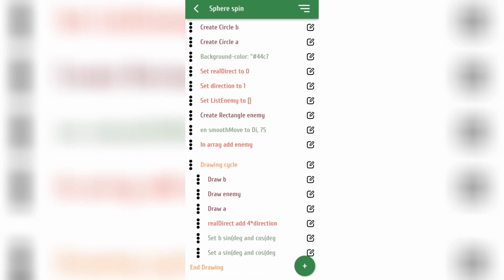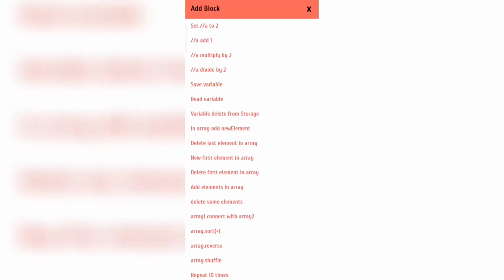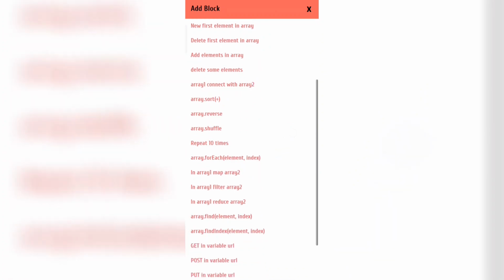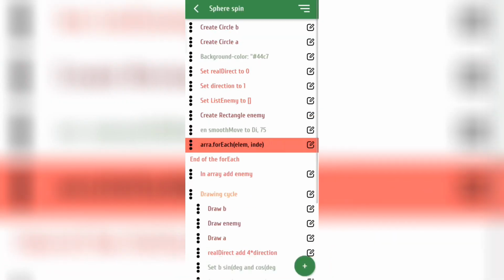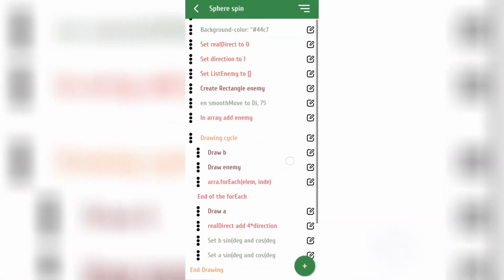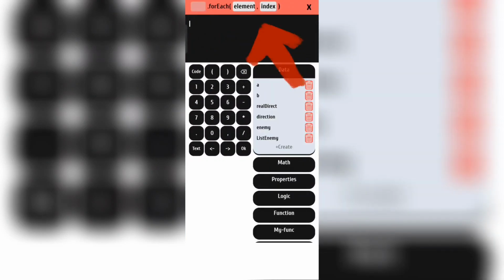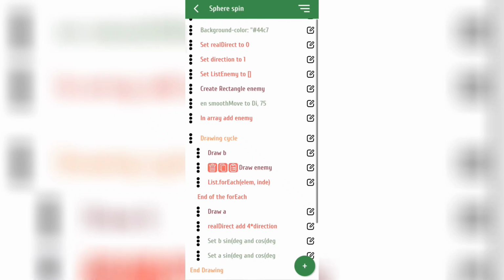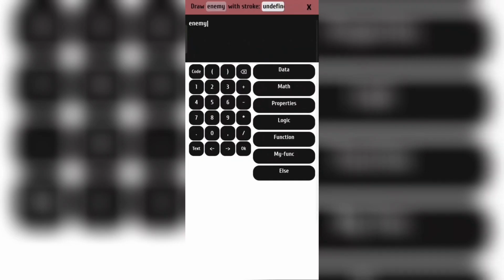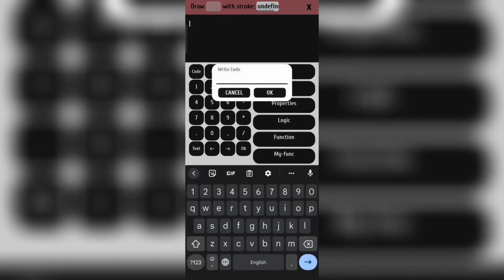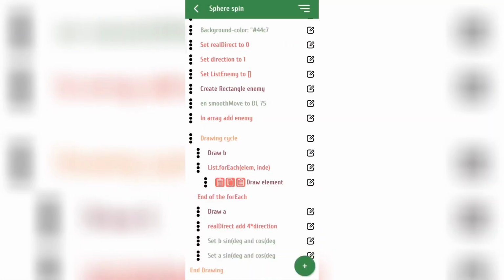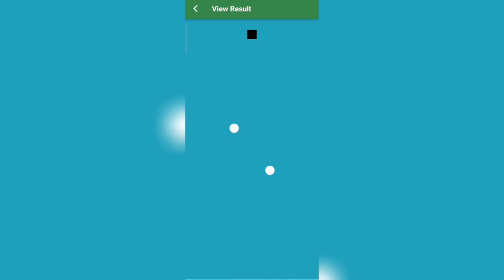But now we need to draw not just one enemy object, but the entire array. For this, we use the for each loop, where we work with each element of list enemy. And please pay attention to the element parameter we use for drawing instead of enemy in the drawing function. Now everything is working.